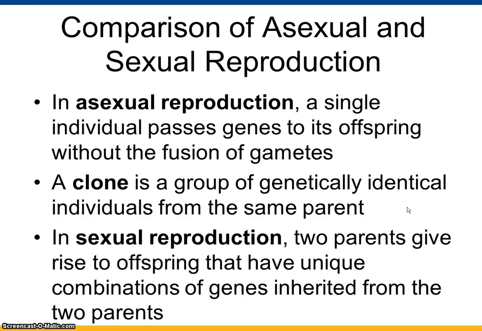Sexual reproduction, which is our next section, has to do with two separate parents or two different cells combining their chromosomes, and so now you're getting a new combination because you're not just passing on an exact copy from one cell, you're basically getting a combination of two cells' chromosomes coming together. And so the way that that works, the way that we prepare for that is meiosis as opposed to mitosis, and that's what the next section is going to be about.